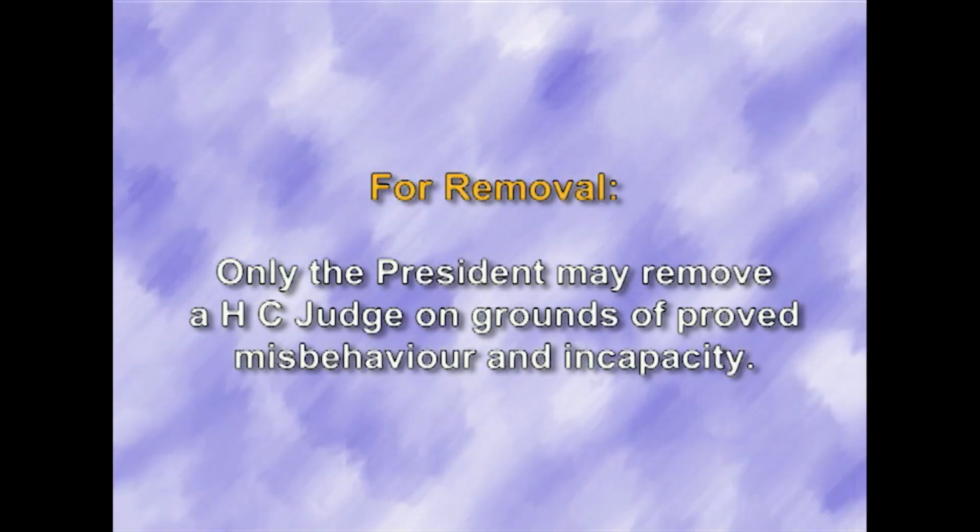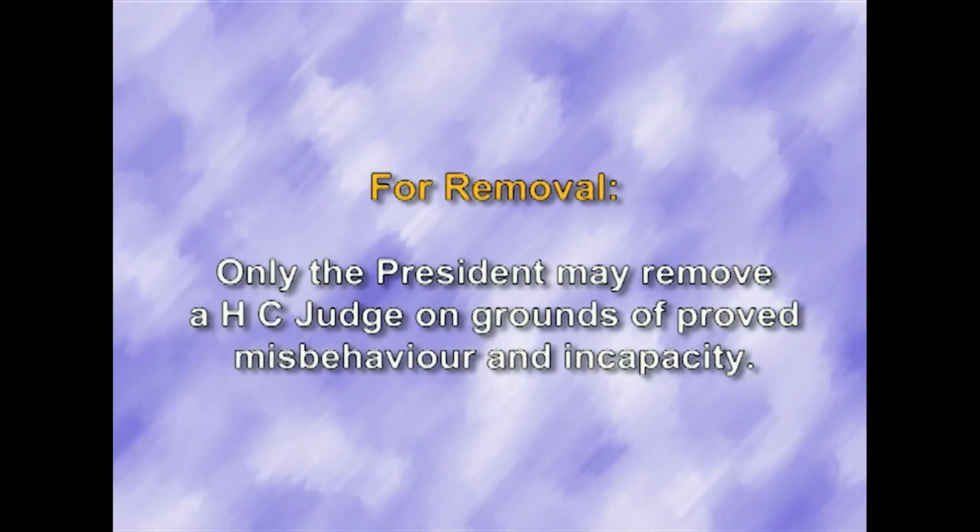So his misbehavior and incapacity has to be proved, and there are detailed procedures laid down not only in the provisions but also in the Judges Enquiry Act 1968. A detailed procedure has been laid down. A prolonged process has been laid down for removing a judge from the post of High Court judge. And here the Parliament comes into the picture. Before that, a committee constituted by the Chief Justice of India will give a report to the Parliament. The Parliament will consider this aspect in detail.